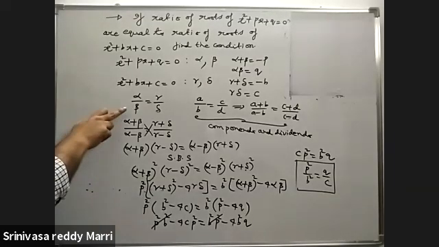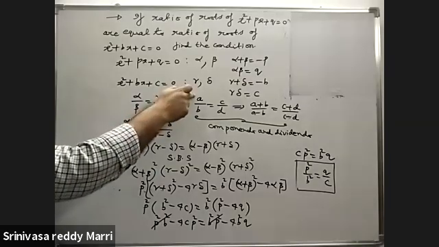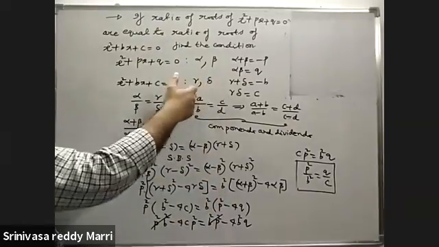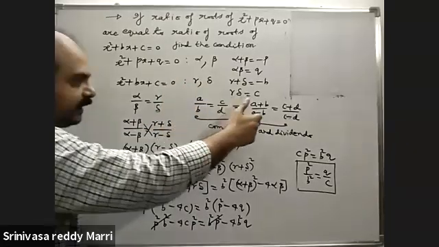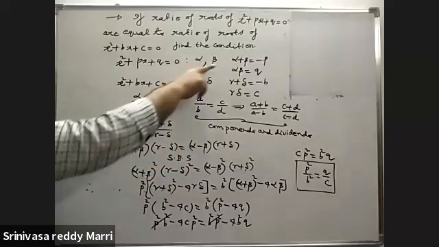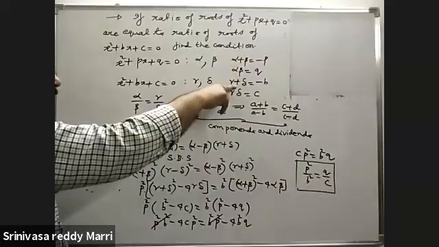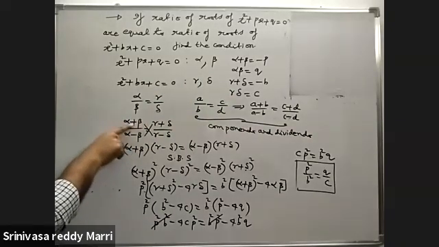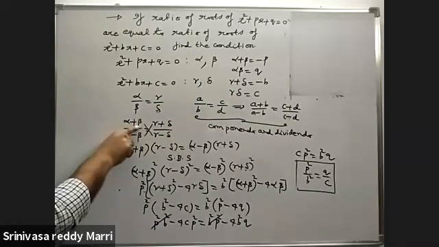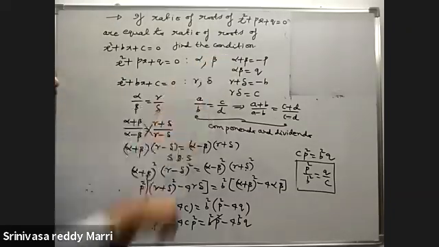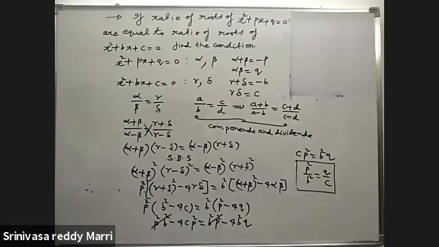Understood now? Whenever the ratios are same, in all the chapters you will use it, whenever the ratios are same, A by B equal to C by D, then apply componendo and dividendo. How will you get the idea? Because you know the sum, alpha plus beta, you know gamma plus delta. If you write the componendo and dividendo, you will get the known ones, alpha plus beta, gamma plus delta. That's why you must get the idea, because sum you know, product you know. That's why componendo and dividendo.